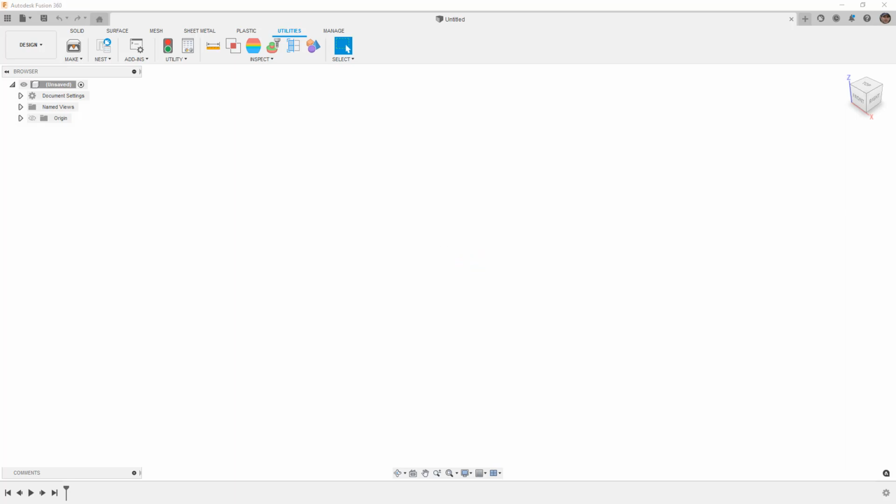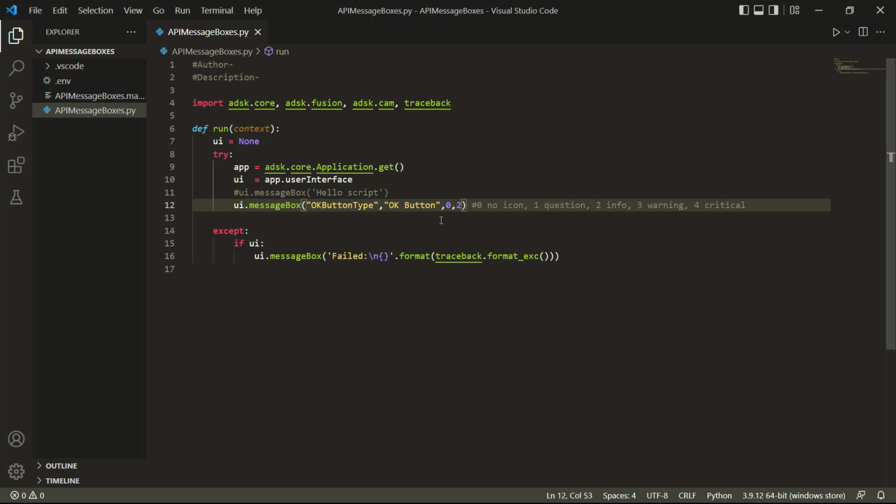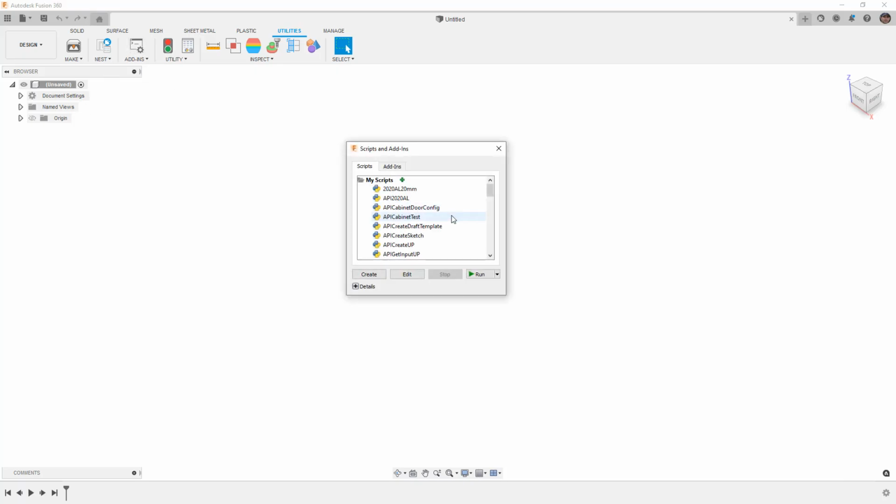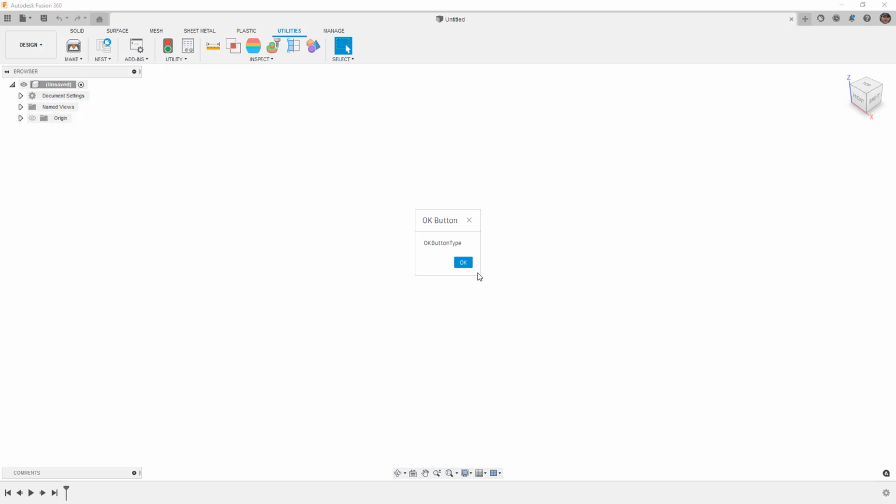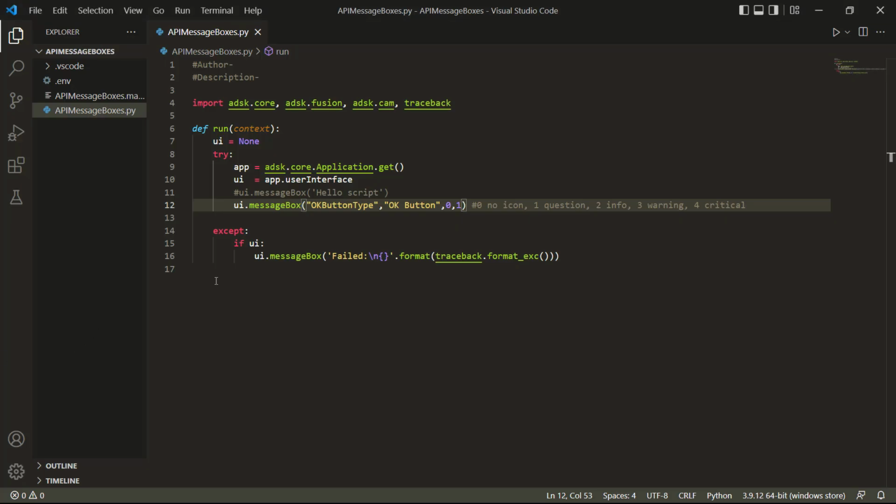So the only other one that we have left is number 1, which is a question type. So let's go ahead and do 1, save it. And remember 0 is no icon, and that's going to be our default. So let's go back into Fusion. Let's run this one more time and see what it looks like. Okay, so now there's no color on the box, no extra icon type, and it's just going to be our information, right? So that is the very basics of sending a message box